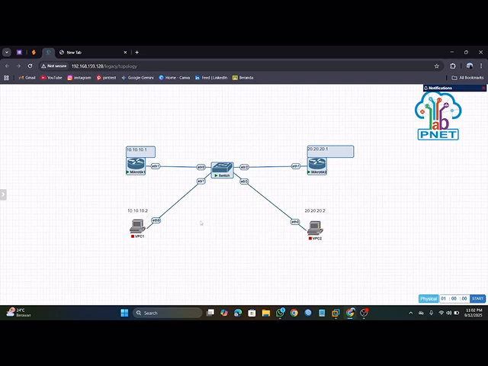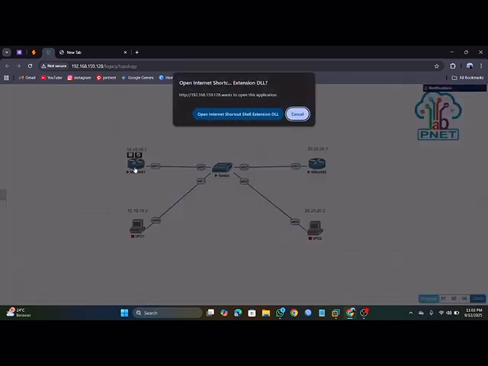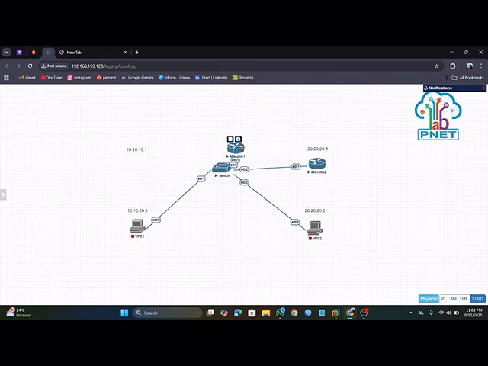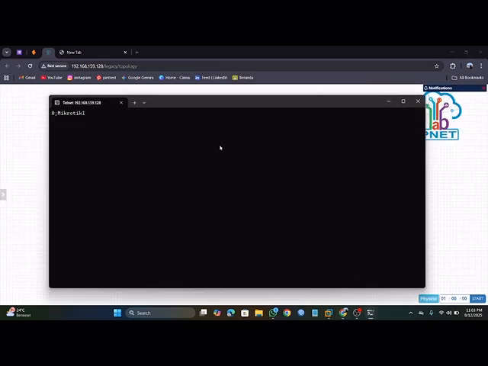So next, you open it and you'll be connected to telnet. Then wait.